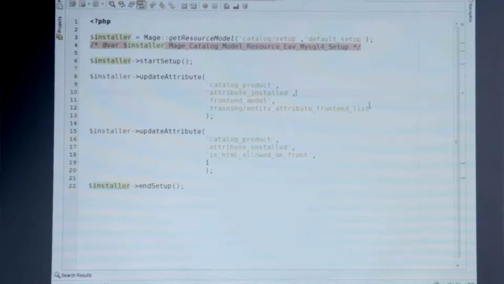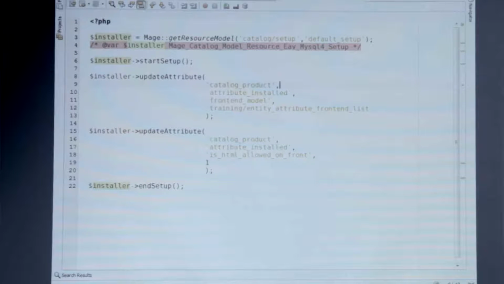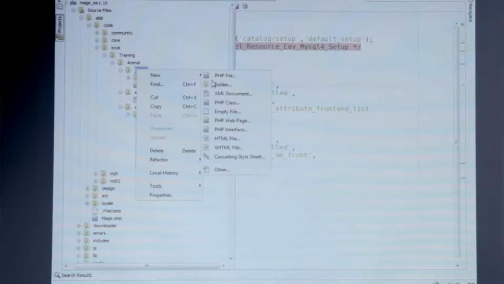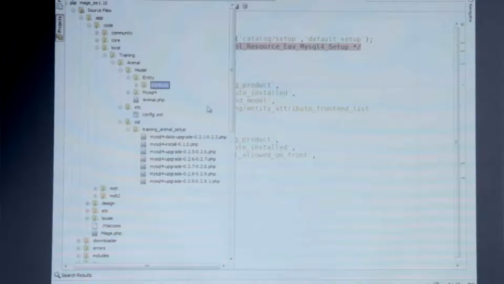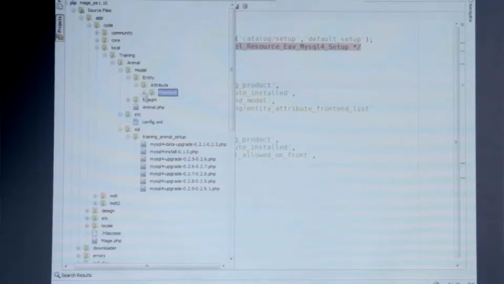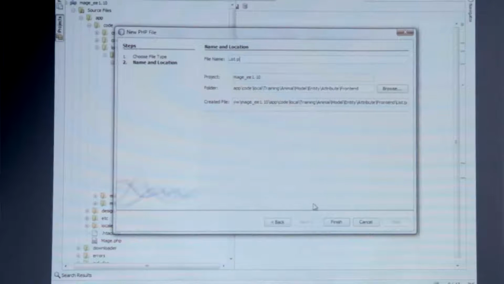Well, my next step, I'm probably going to want to create this class here. So, training, entity, attribute, front-end list. And where would that go? Well, it's a model. So under training animal model, I'll need to make entity, attribute, and front end, and a list dot